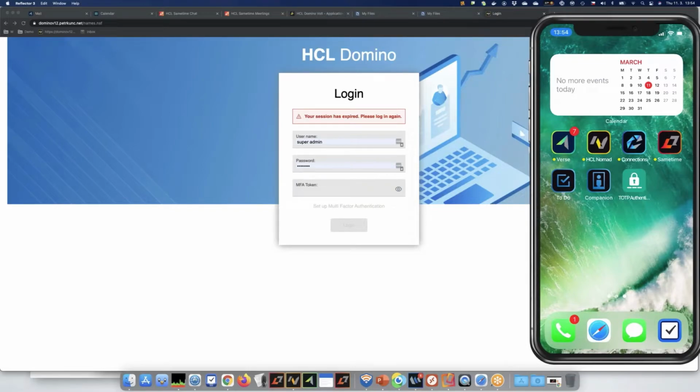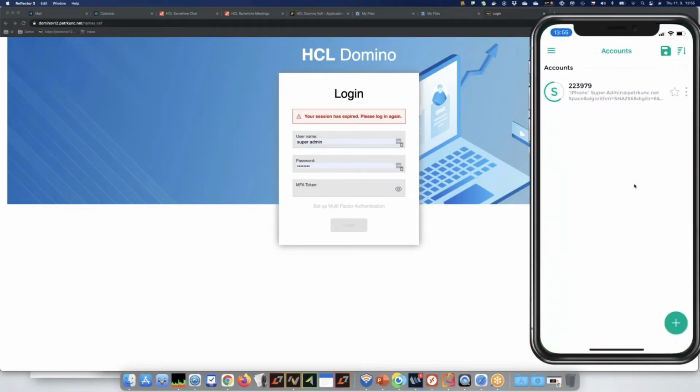Those are the same icons. And here it is, this TOTP authentication application I downloaded. You can choose any that you prefer. It could be by Google, could be by Microsoft. This one is some free third-party tool. I open it, and you can see I already paired it with this server. I paired it yesterday. It is paired, you can see, with superadmin. And if now I have to retype